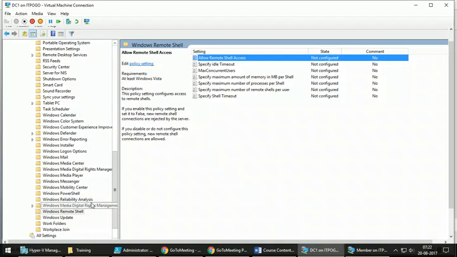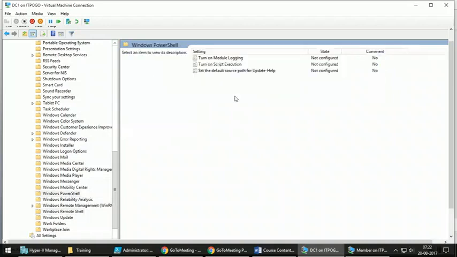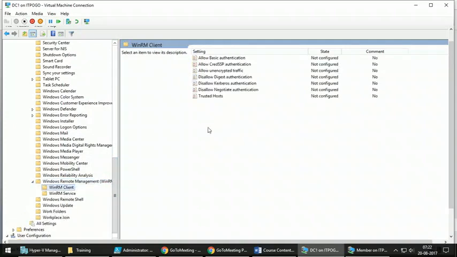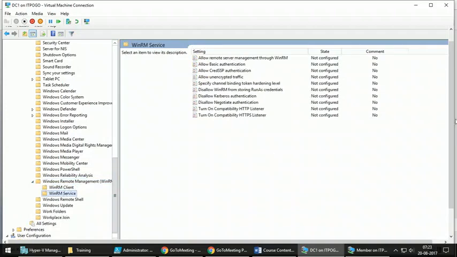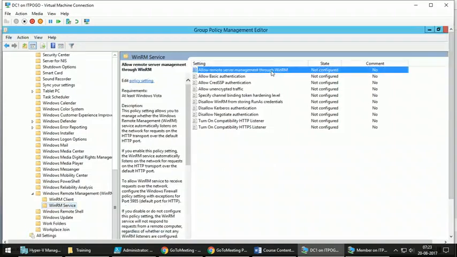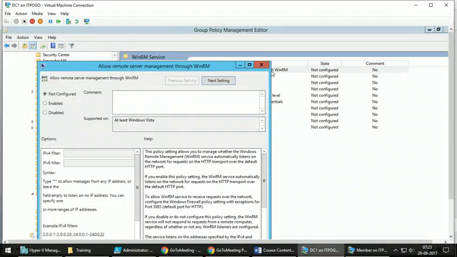Windows PowerShell here. This is the one: Allow remote server management through WinRM.